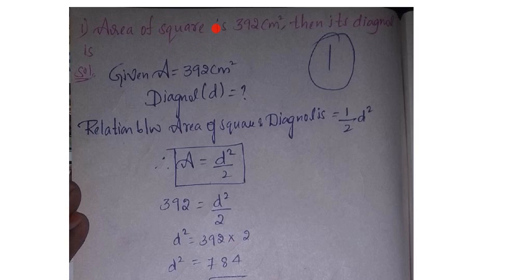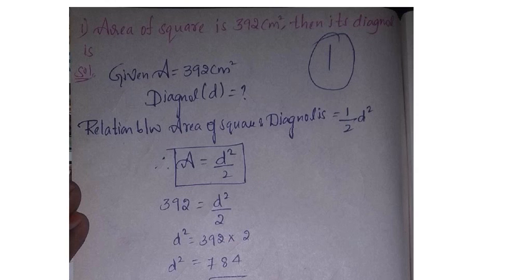Like, what formulas will be there for a square? Area of the square, perimeter of the square, diagonal of the square. All those formulas you write on one side, and from them, the ones that will be useful for you, you should use in the question. Now they gave us the area and they are asking us to find the diagonal. What is the relation between the area of the square and the diagonal? Area equal to half d square, or simply d square by 2.